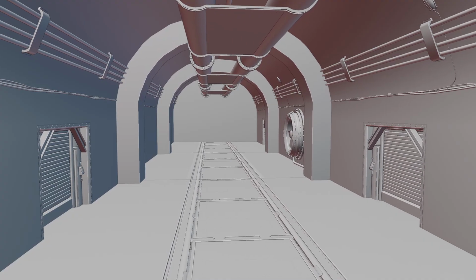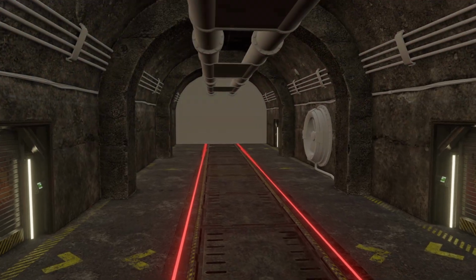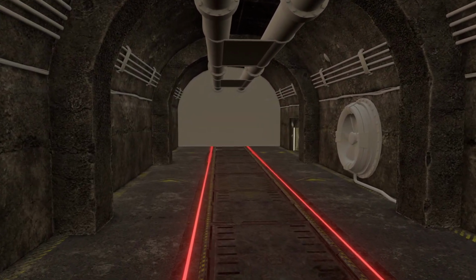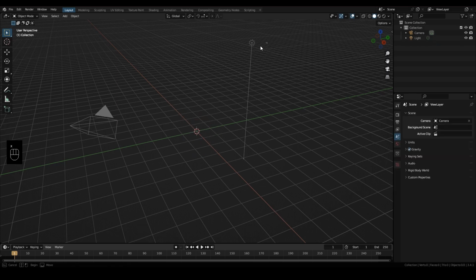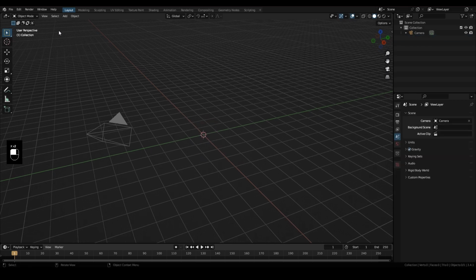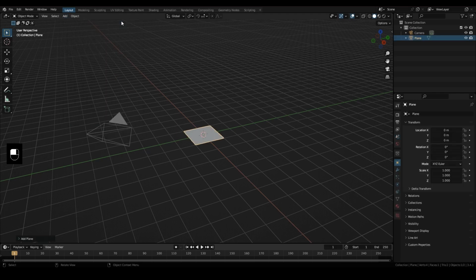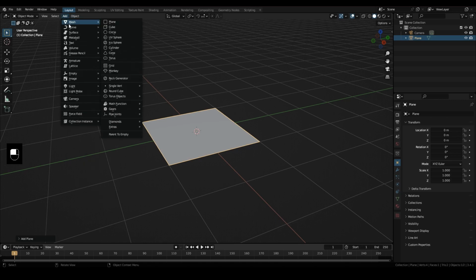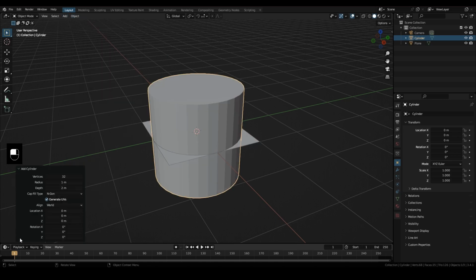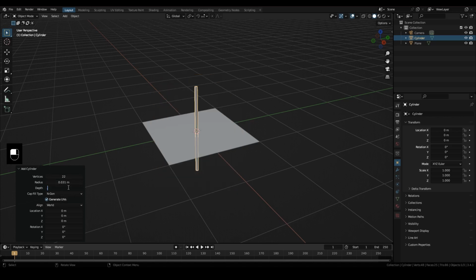In today's video, what I wanted to go over was some of the tools that I use and some of my workflows in building some of these environments and assets that you see. So, what better way to show that off than to just kind of create a simple asset, something like a sci-fi safety railing. Just real simple, nothing to reference off of or anything like that, just off of your imagination. But the main key takeaway of this was to show you those functions that I use to